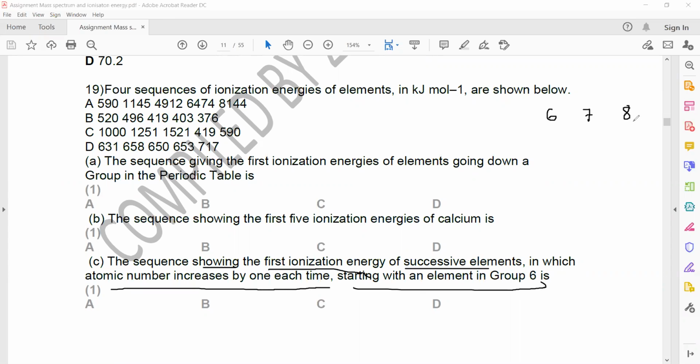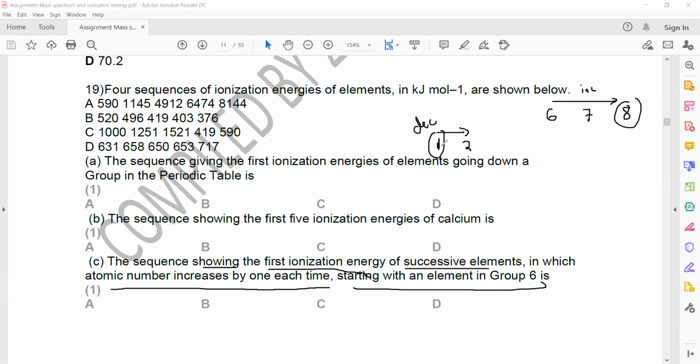If I add one more proton number, that element will be in group 1 again, and then group 2. So when moving from an element of group 6, 7 and 8, ionization energy will increase. But as atomic number increases from group 8, you will have a group 1 element. So moving from group 8 to a group 1 element, the ionization energy will